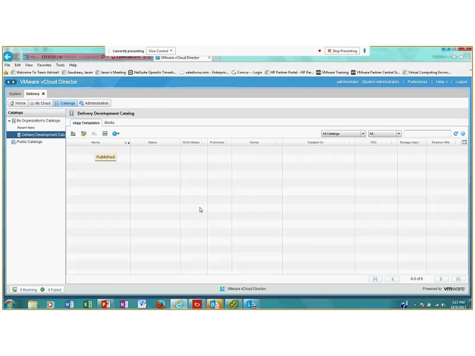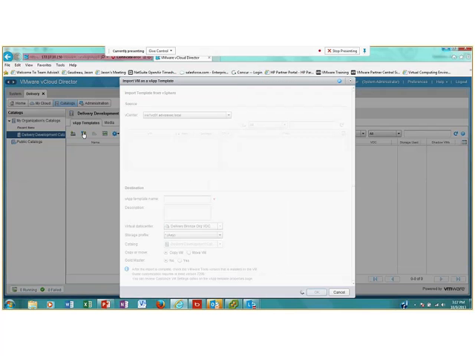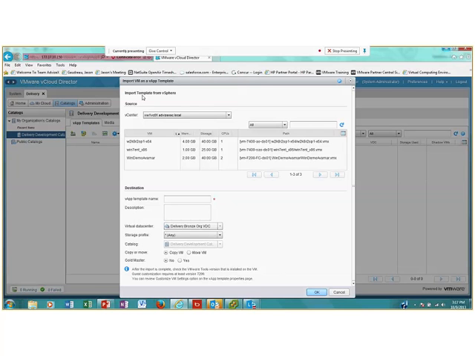So within this catalog, we can now import different things. We can import media, and we can import vApp templates. So if I wanted to import a vApp template, I can do it directly from vSphere. So these are the different templates I have available to us. So let's take this template, for example. We're going to call this the delivery development Windows 2008